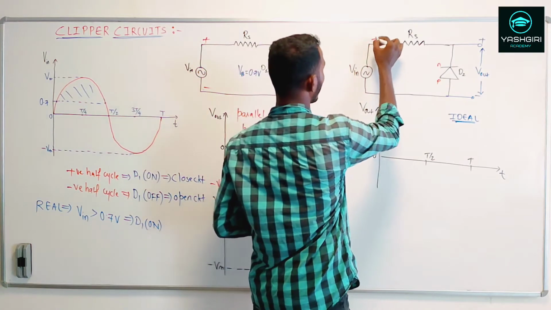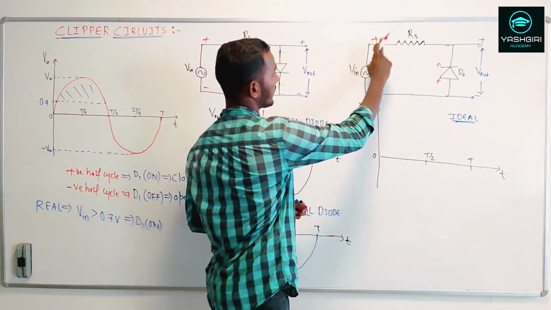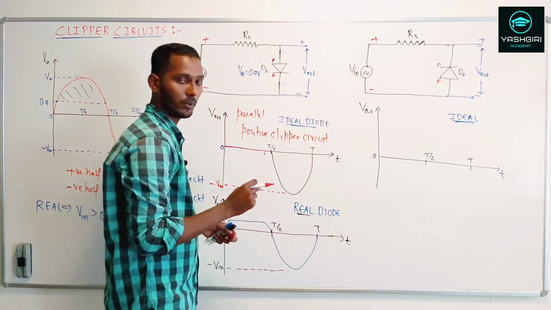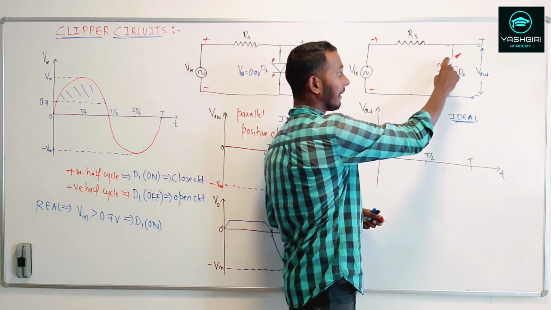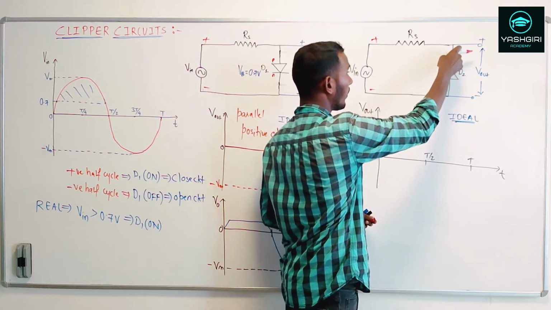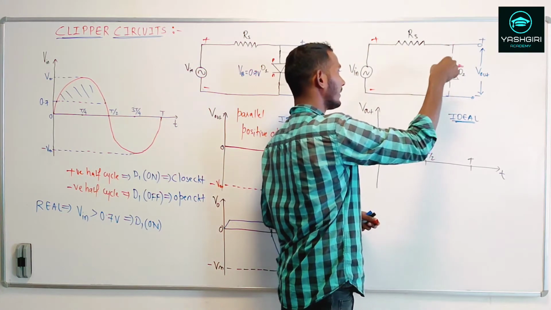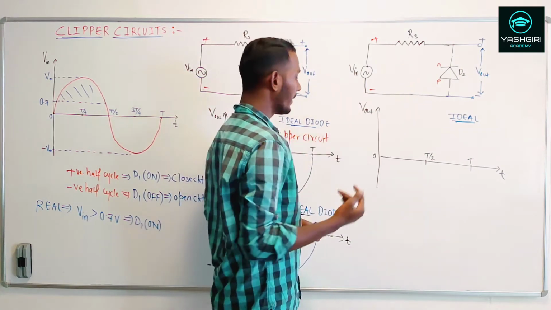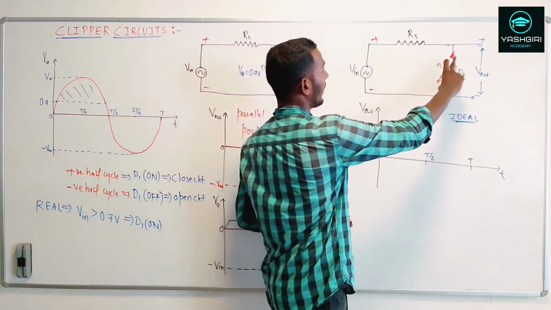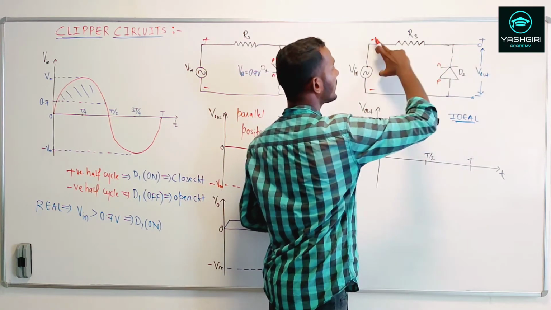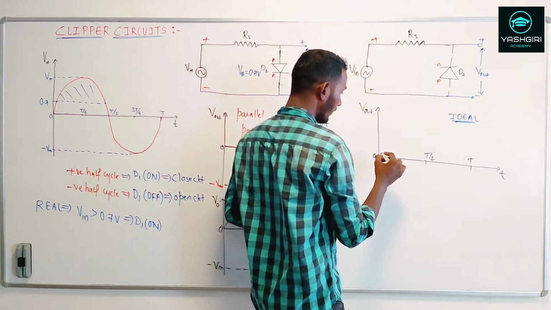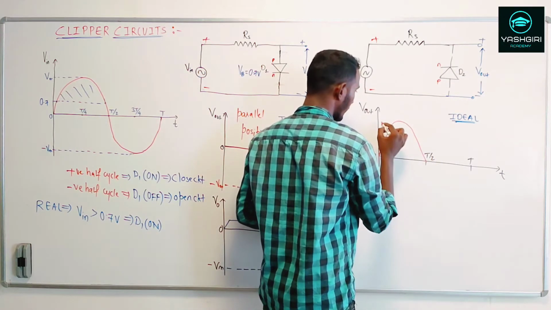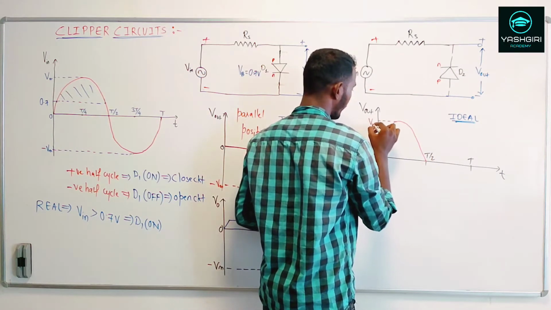Now for the first positive half cycle, what happens? This is my plus, this is my negative. Plus is going to N, negative to P. That means the diode D2 is in a reverse bias mode. And when the diode D2 is reverse biased, I can assume that it is disconnected from the circuit, or else the diode D2 will be an open circuit. Now when this is an open circuit, the output follows the input. So at the V out, what I'll get is exactly the same positive half cycle. So this is my Vm.